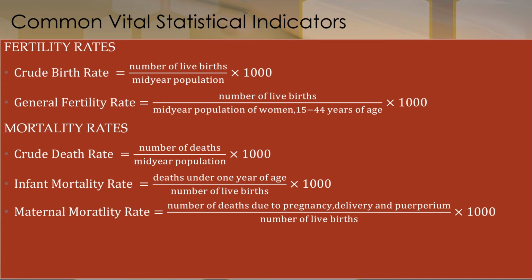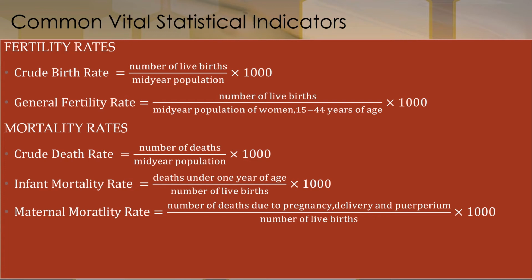So all deaths occurring to the mother during this period, from pregnancy to puerperium, divided by the number of live births times 100,000 would be reflected in our maternal mortality rate. I would like you as well to realize that it is very important to know about maternal mortality rate, because this